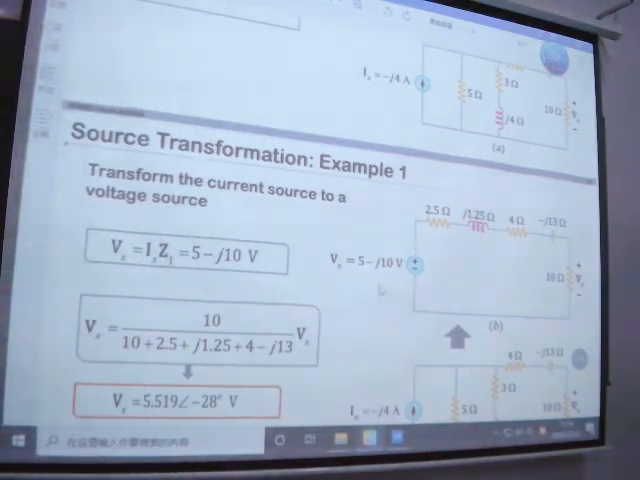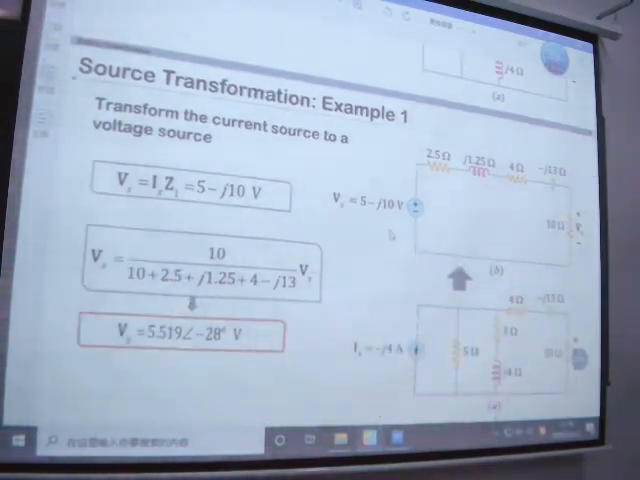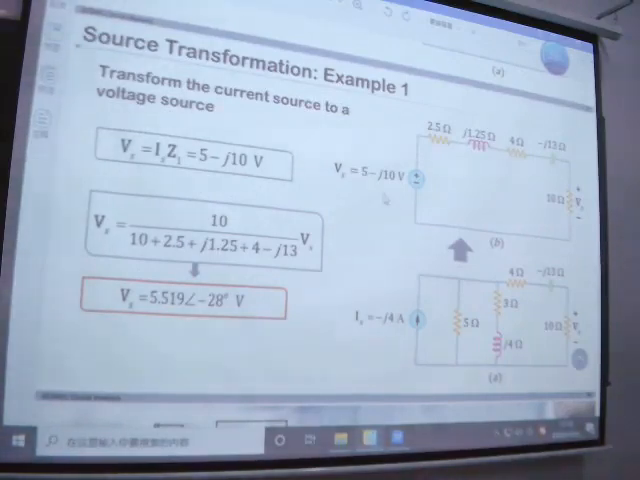I as times E1, we get this one. And then we know this one is simplified to a voltage source, and other things are all in series, right? Other things are all in series. And then we put the Vx equal to,